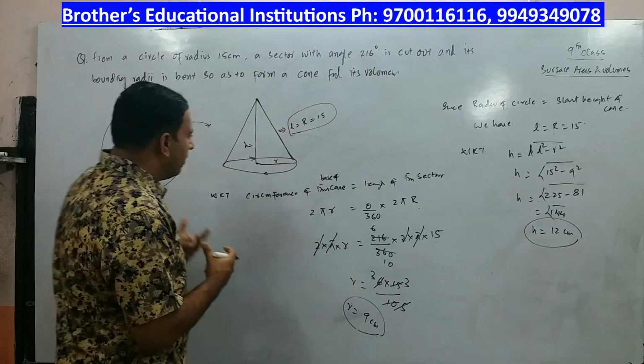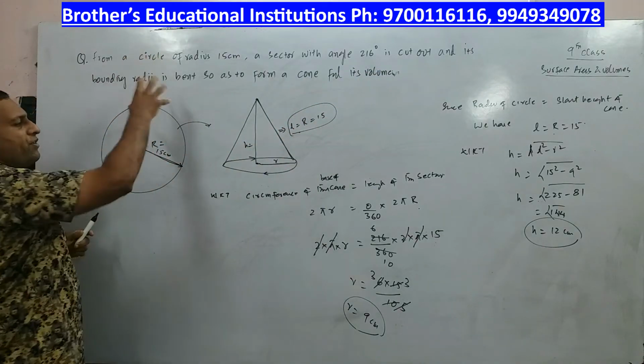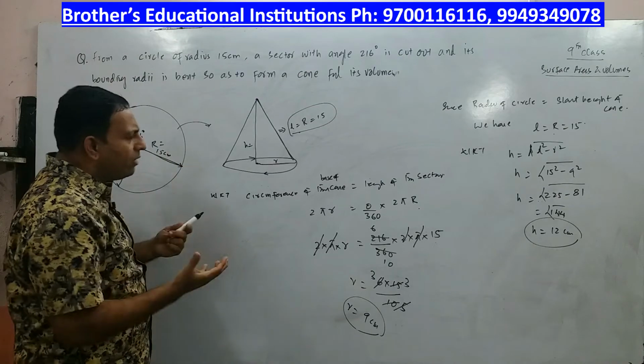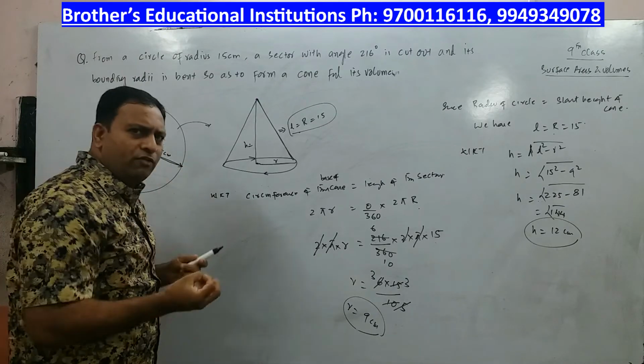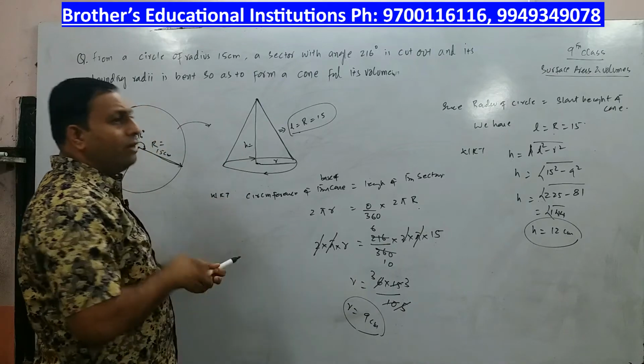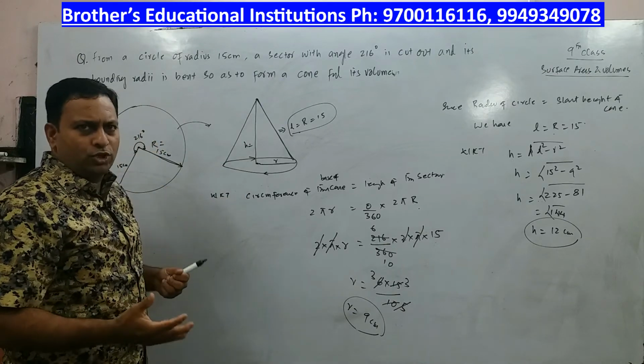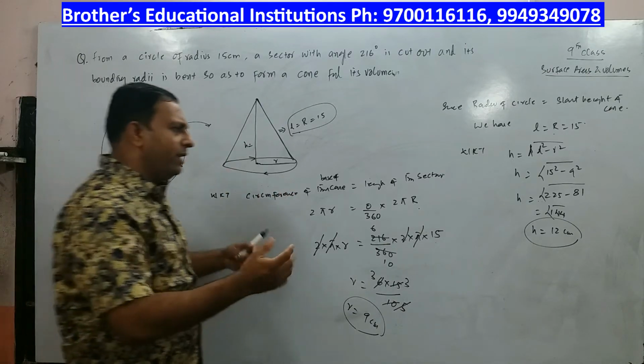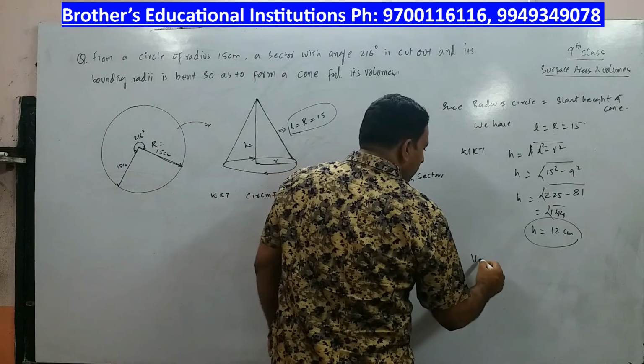See how important it is to read the question thoroughly. When you see a question, try to read it again and again. I am sure if you read it 5 times or 10 times, you will understand what you want. Once you know what you want, and if you know what formulas you are supposed to use, it is just very easy. Alright, now the volume of the cone.